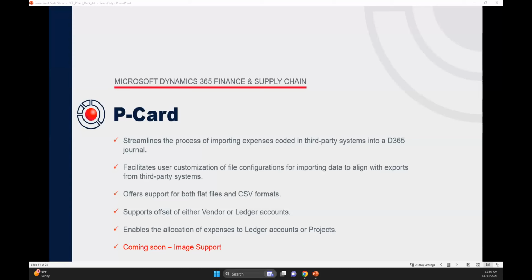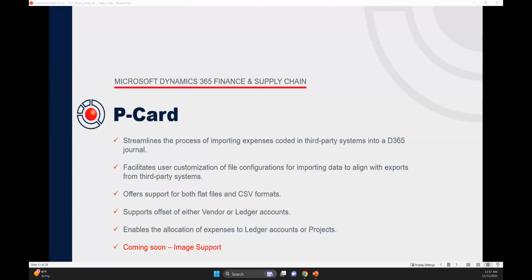That basically means you can take the file from your P-card provider and map it to say, this field is going to be our date, this one's going to be our main account, our project, or the various pieces of data you will be bringing in.